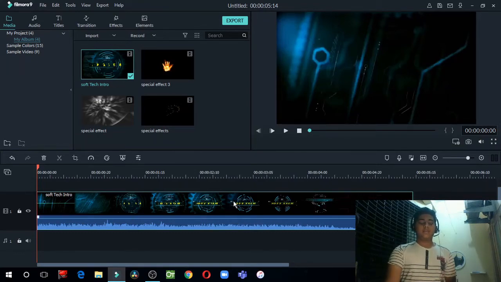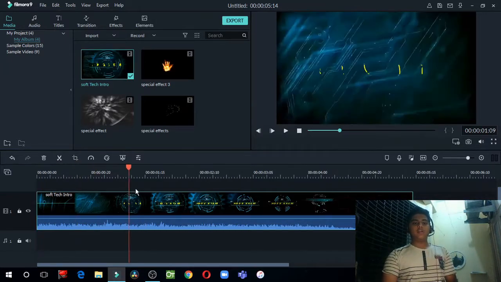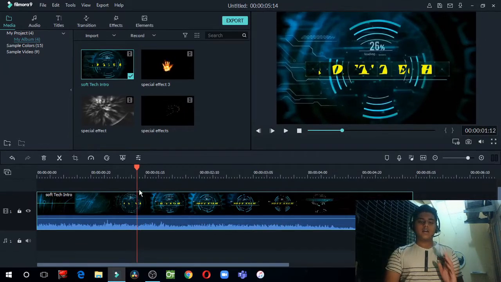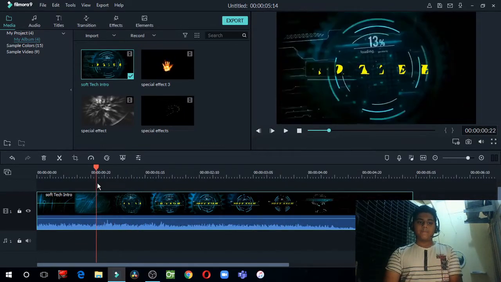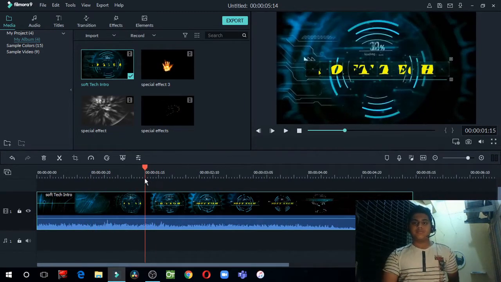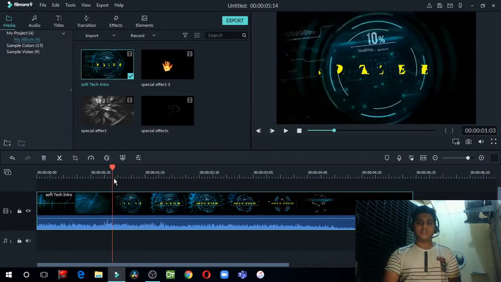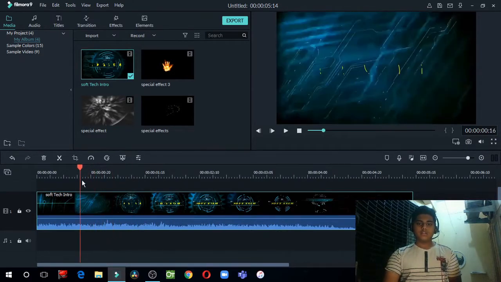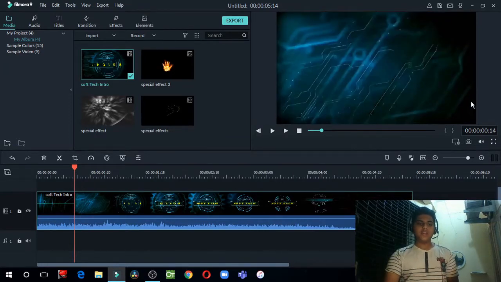So to cut in places that we can't trim, we have to select this and click the split tool. First thing to remember for cutting is to drag the timeline to where you want to cut. I want to cut my video where this soft tech word comes, so I want to go back to before it, nearly here. See, there is no soft tech here, so just click this scissors.